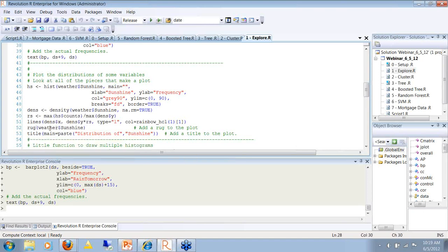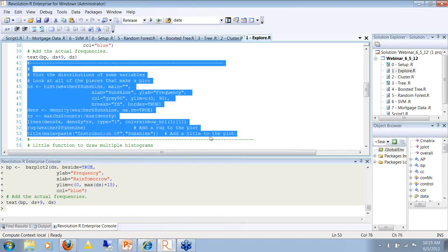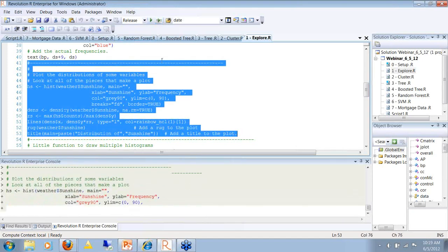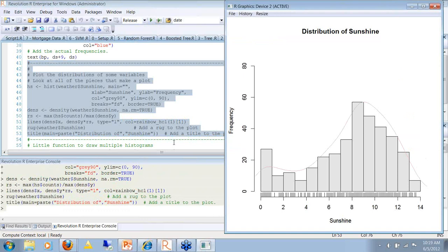Here's a function that's going to put a rug, or the actual locations of the data points, down there. And title is going to build a title. So here, in a few lines of code, with prepackaged functions, is a pretty sophisticated graph of the distribution.